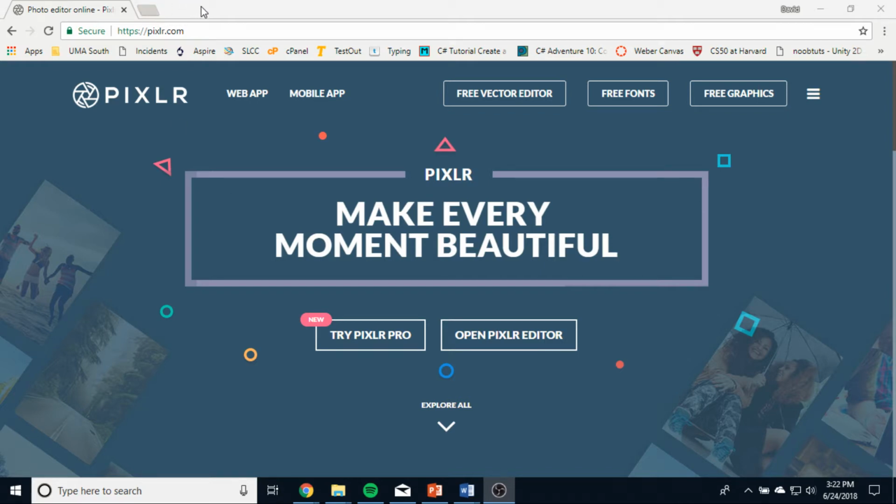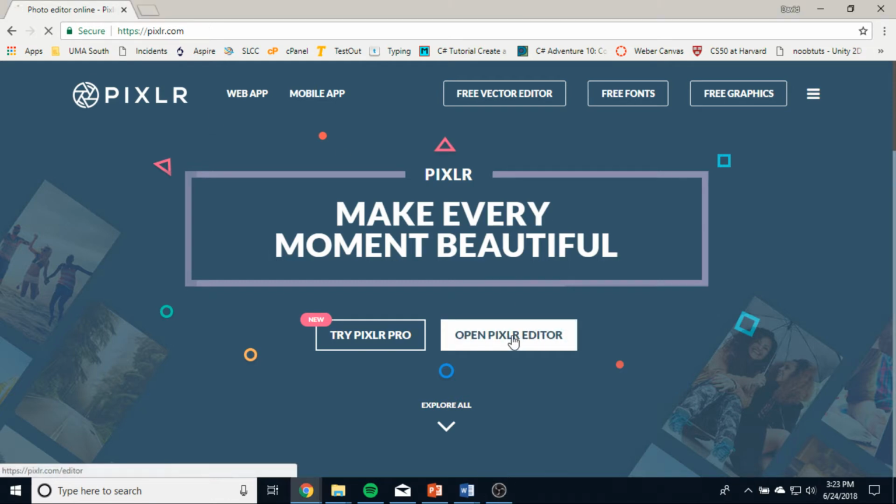Now last week we used an application called Vector and it helped us to create a vector image, meaning an image that's not built using pixels. This week, we're going to use an application called Pixlr, which allows us to create an image using pixels. The reason we want to use Pixlr over Vector for this week is because Pixlr offers us a ton more design options and features than Vector does, and it's better suited for the kind of thing that we're doing today. So I'm going to click Open Pixlr Editor here so that I can open up the web browser version